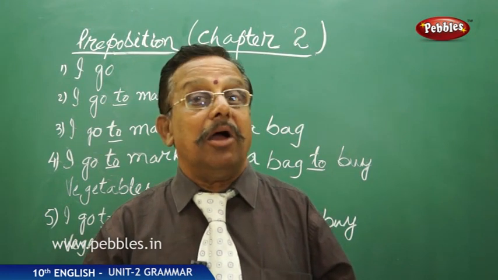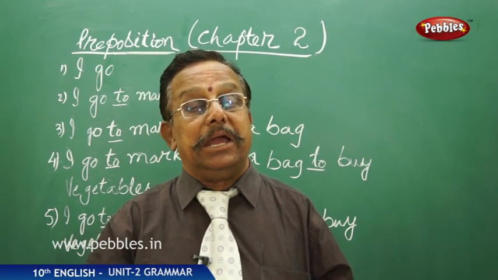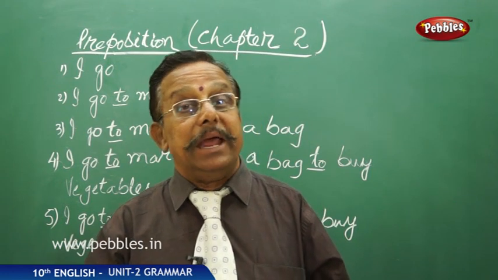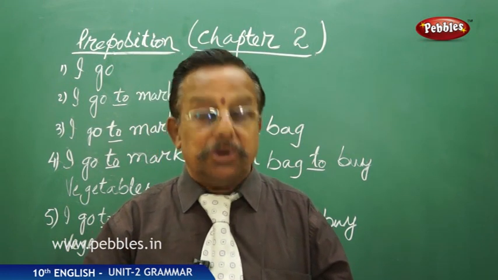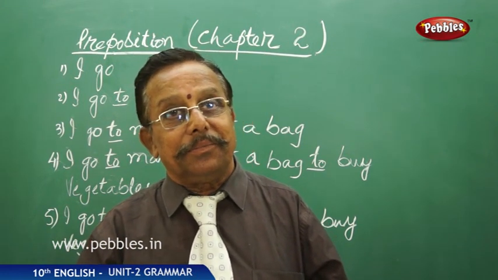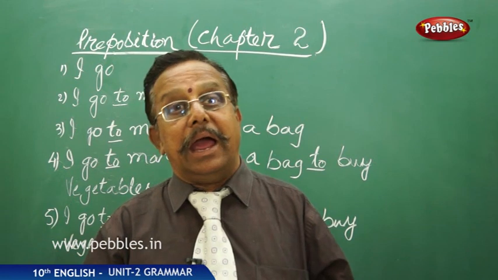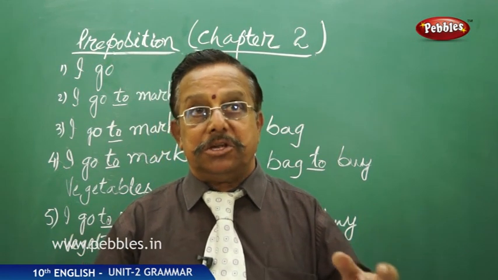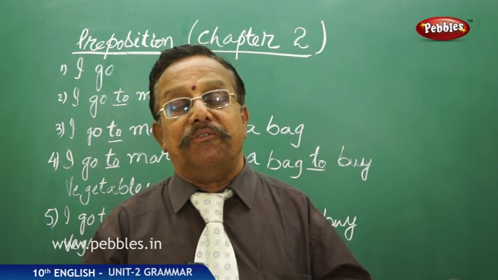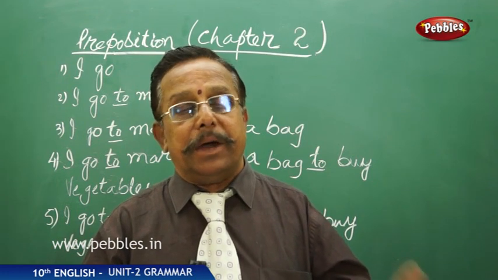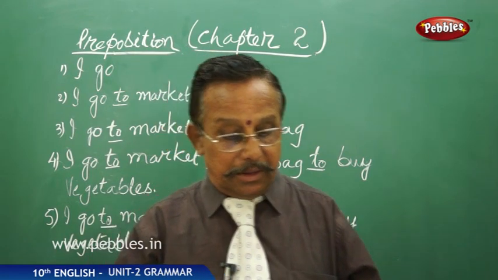Example we can see here: regard, regarded, regarding. That "regarding" has been taken, the present participle has been taken here in the place of a preposition. So how does this sentence stand? I wanted to talk to you regarding that student. You see here, that student is a noun, and I wanted to talk is an action. Between these two it shows the relation, and so that "regarding", though it appears to be a verb, is not a verb; it is a participle, and we are using it here as a participle preposition.